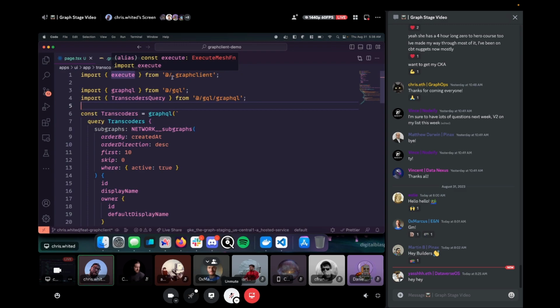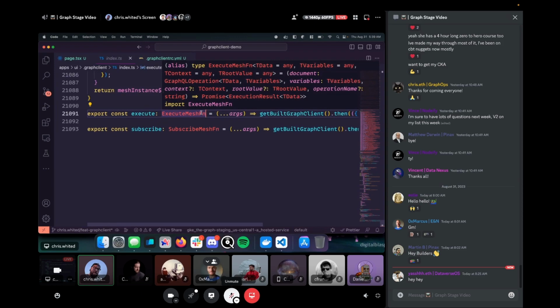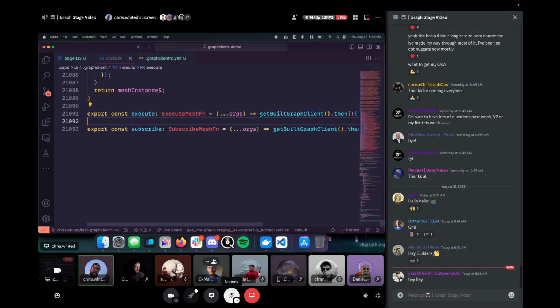function being type safe, because of what we use it with, Apollo. I do not recommend Apollo. This is not an Apollo shill by any means, but with Apollo, because you can wrap basically the execute and subscribe functions into your Apollo client, you get a different level of type safety, but I still prefer TRPC or GraphQL request. So I'd love to see this execute function being typed, at least generic, so that you could do something like, I mean, this execute mesh function already takes TData and TVariables, right? So if this function here could be something like